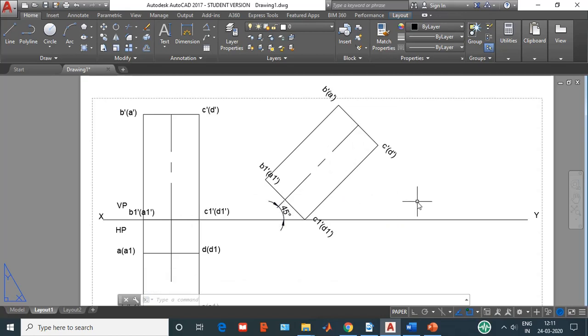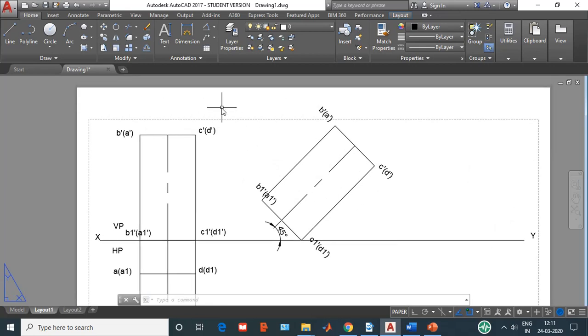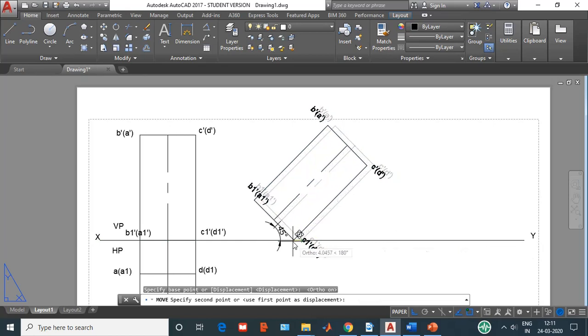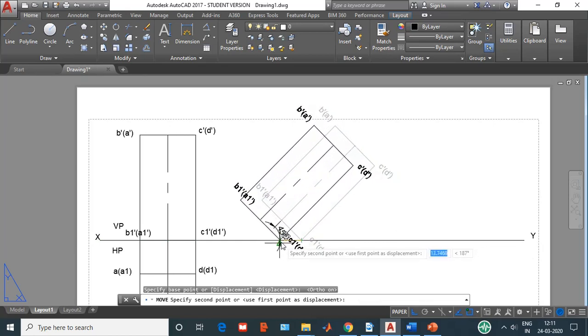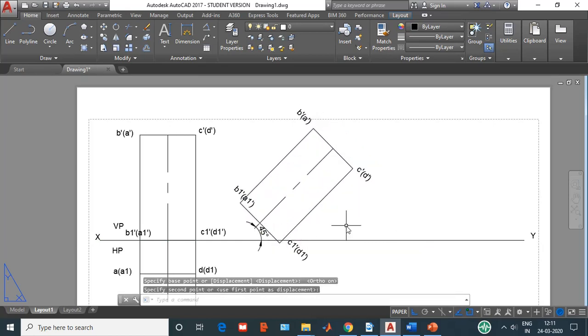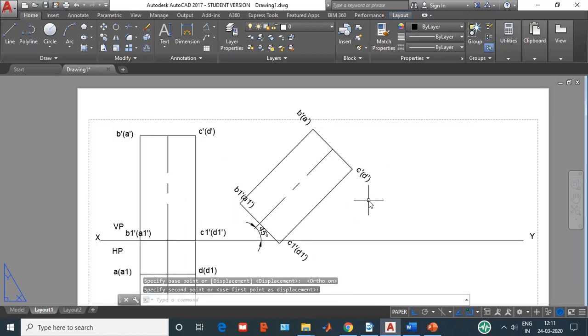So let me just move this a little bit to the left hand side so that I get enough space to do the third position. So I'm just selecting this. This is the move command. Click on this move command and keep the ortho on when you are moving this so that the angle does not get disturbed. And selecting at this point, I'll move it a little bit closer this side. Okay, so that should be fine.